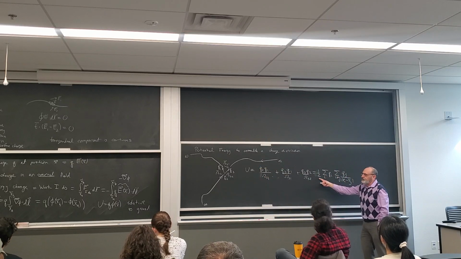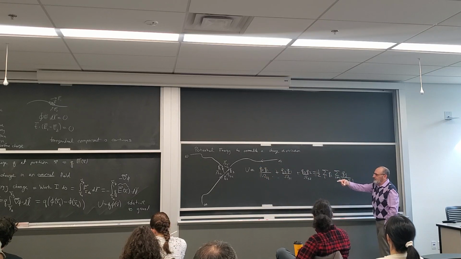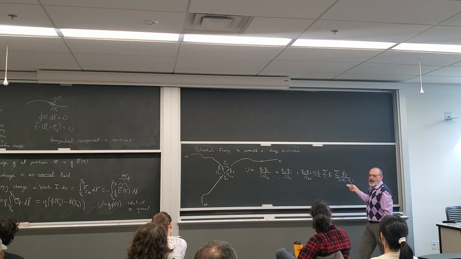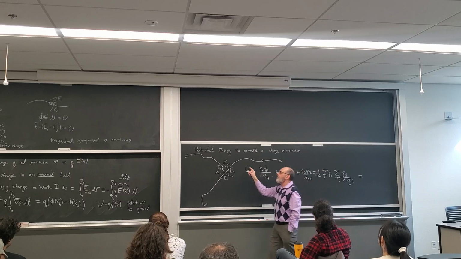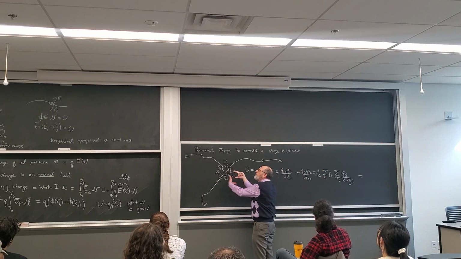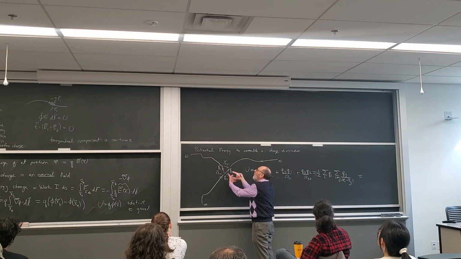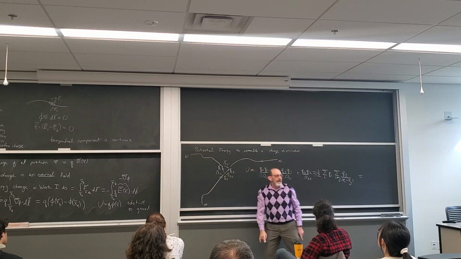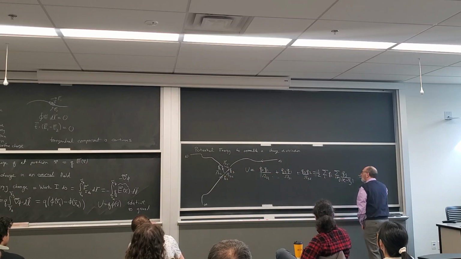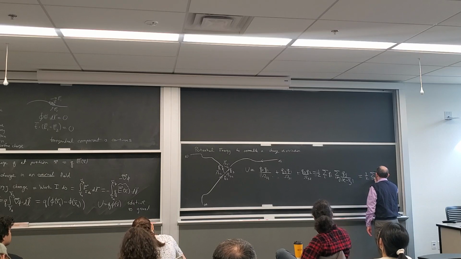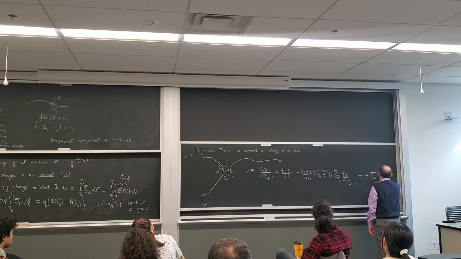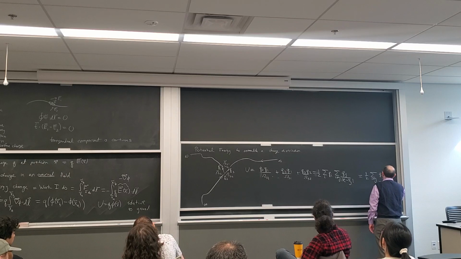This factor of 2 is very important. It's a little bit different because we're looking not just at an external field, we're looking at the self field of everything. So let me just rewrite this as the sum over i and j not equal to one another, q_i q_j, divided by